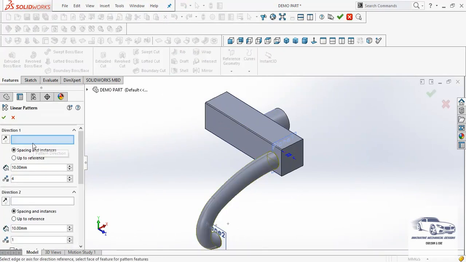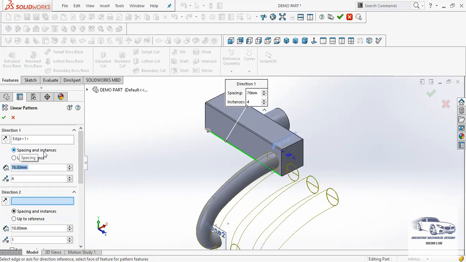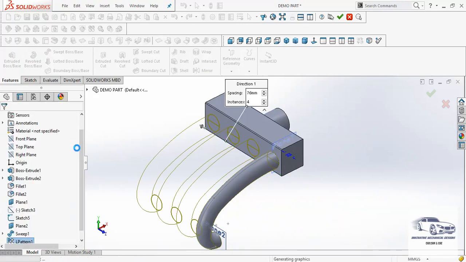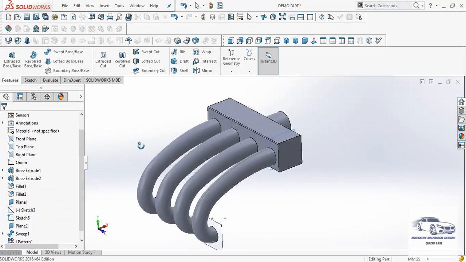Here we have to select a direction where we need to copy the features. So let us say I select this edge as a direction reference. Here I will give the input distance between the contours, so that is 76, and the total number of copies is 4. I will reverse this and then OK. So in this manner I have got all the contours.